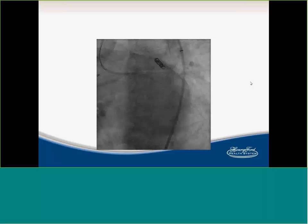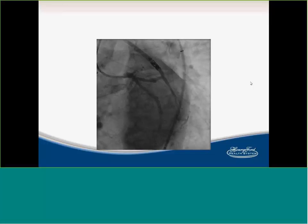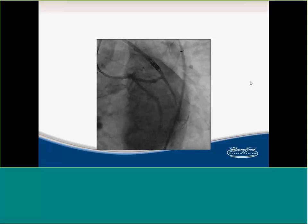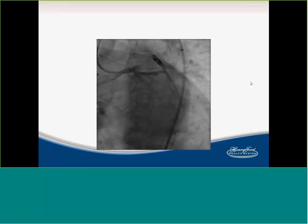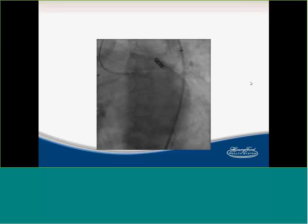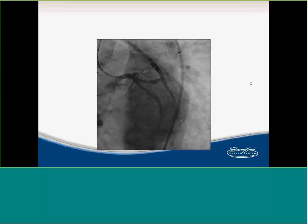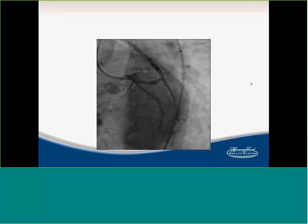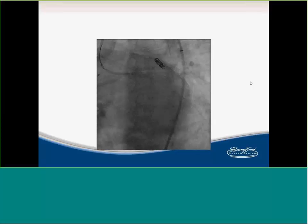So if you have the skills to use that SVG to go retrograde, like what we did here, and open your native circulation, the worst case scenario in native circulation CTO PCI is that you have a lower MACE rate than SVG PCI, less no-reflow phenomenon, and most reports show better target vessel revascularization. Of course, these two issues were never compared head-to-head,